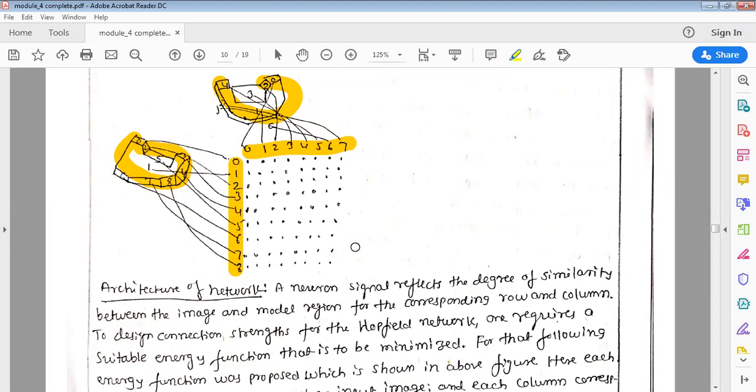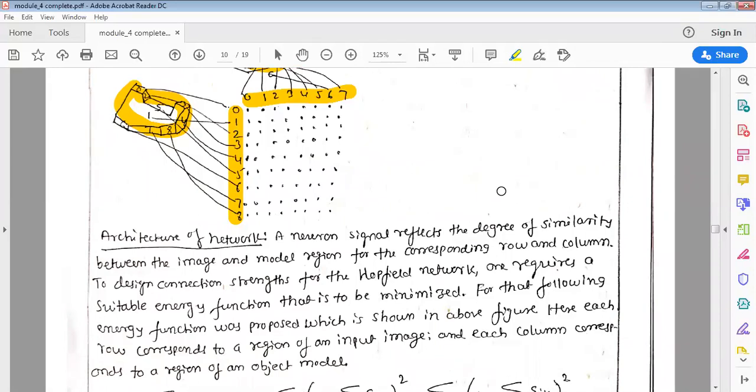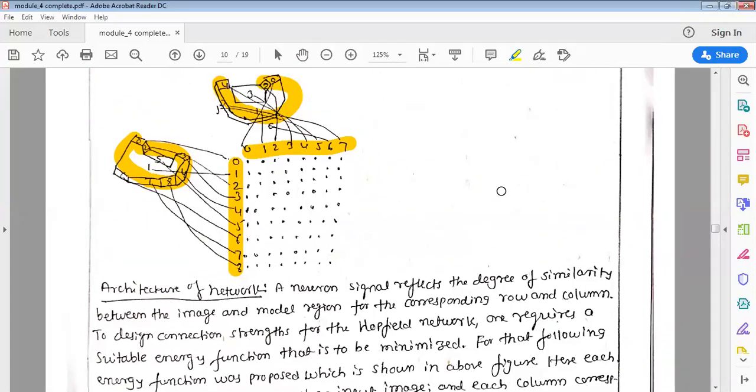If these values are not very near to the values given in the matrix, then we'll say -1: this object and these objects are different. That is how an object which is rotated in 3 dimensions is recognized by using a neural network. Okay, so you have to train the neural network. If you simply rotate the object, the network is not going to recognize it.